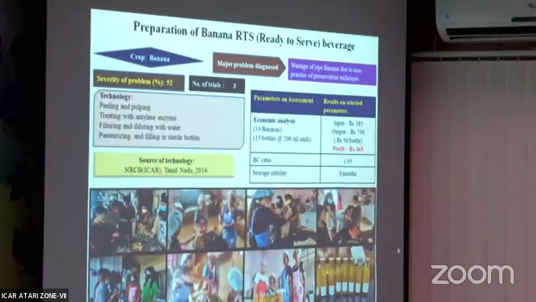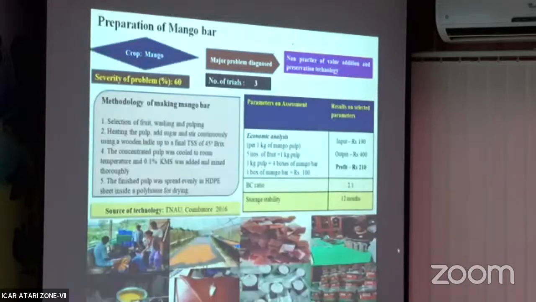Preparation of banana SG. So this mango, do you have enough mango? Yes, sir. This in our district, people will prefer this one, fresh. Why do you go for this one? But sir, this is the preservation technology, like many insect pest infections are included.